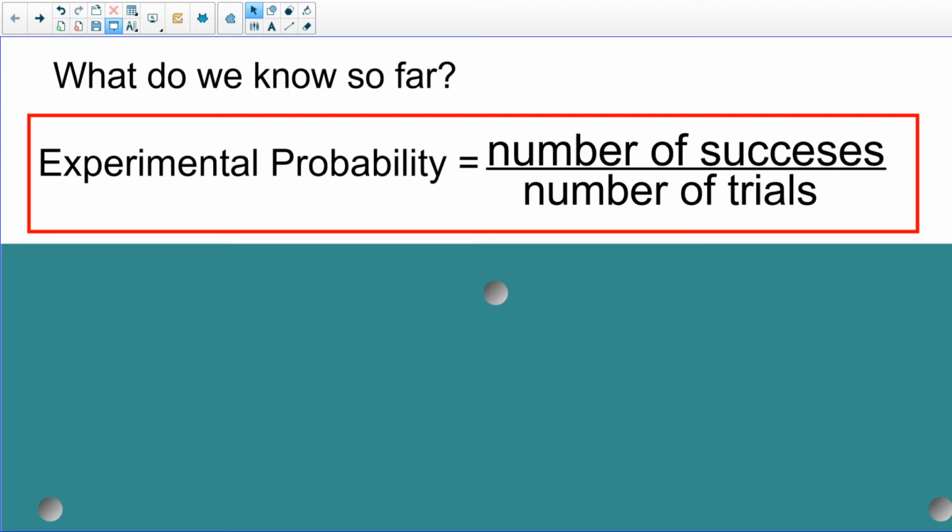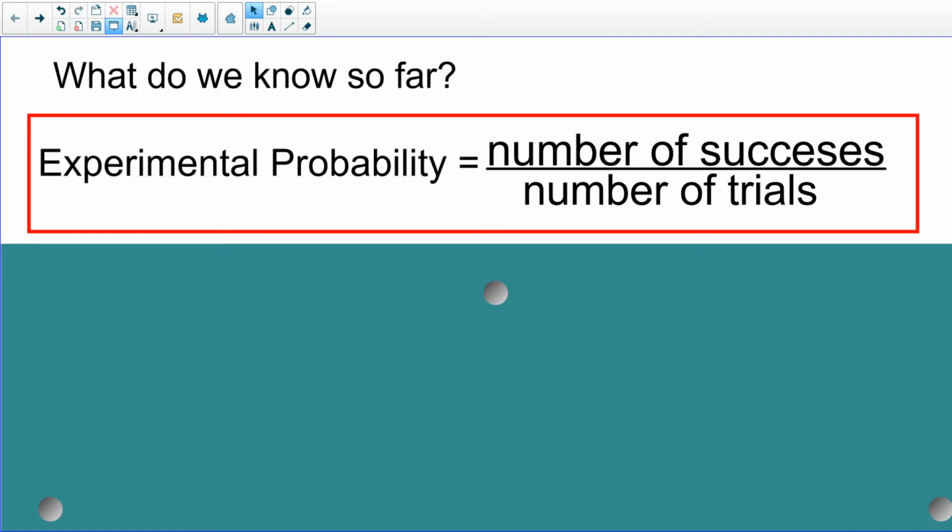Hello everyone. Today the lesson is going to be about something called theoretical probability. But before we get to that, let's just start with what we know so far. The last few lessons we've been talking about experimental probability, and experimental probability is the number of successes divided by